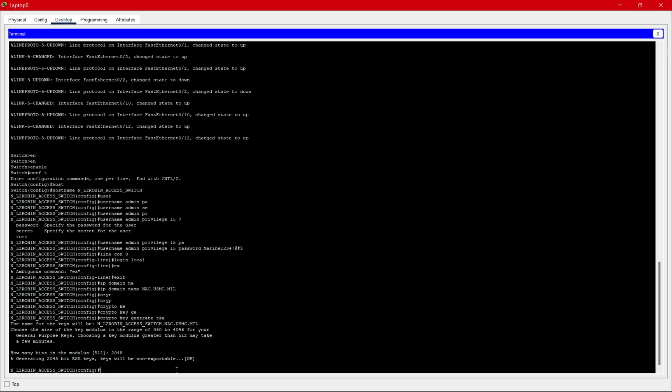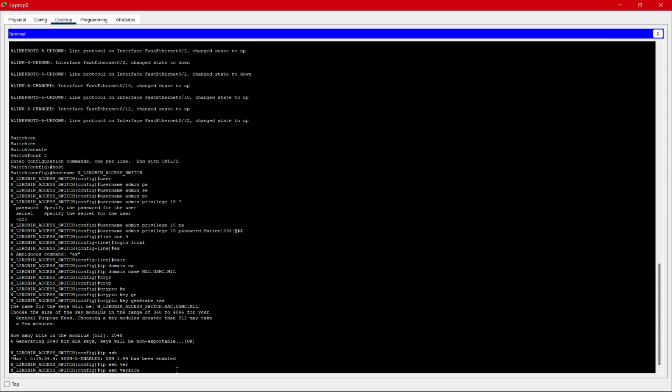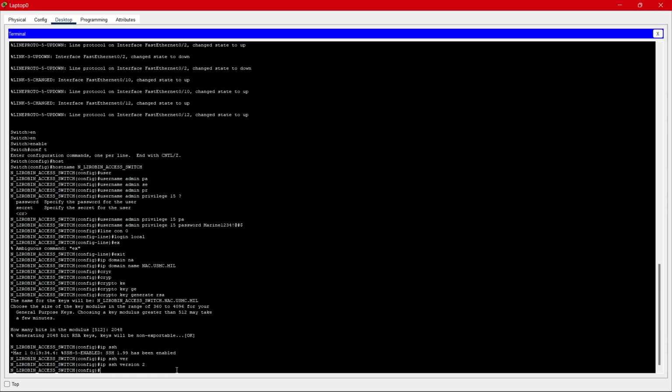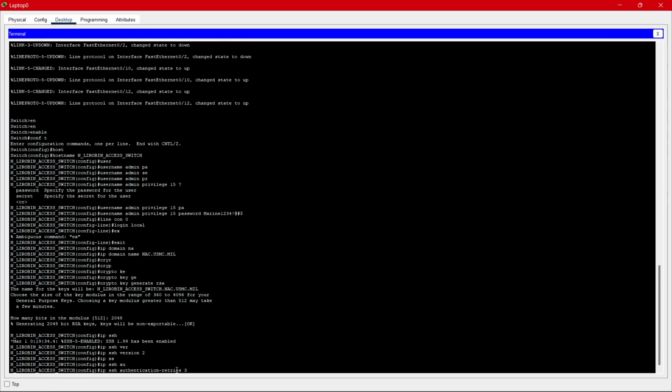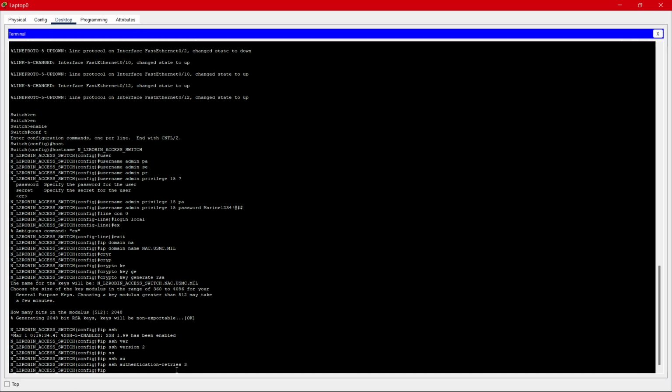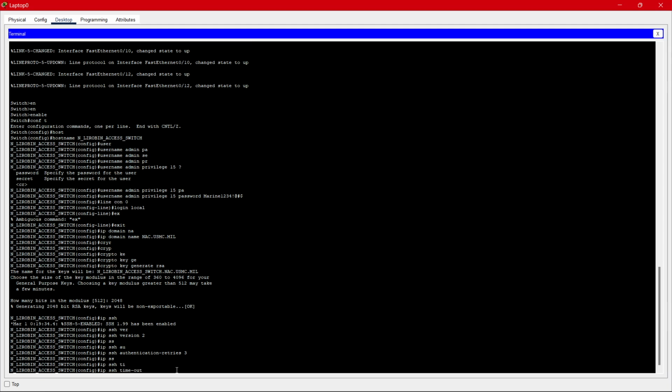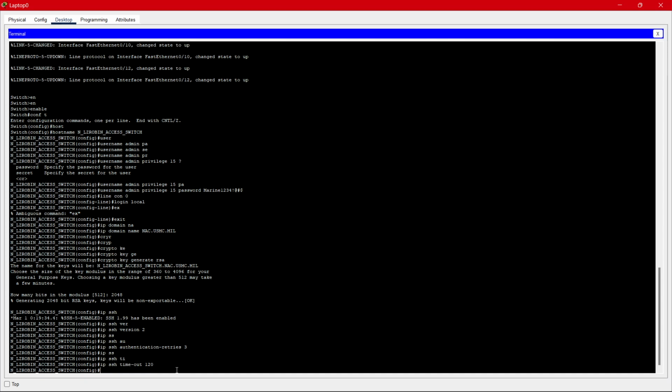Now doing that, we're also going to do IP SSH version 2. As you can see, SSH has been enabled, but it's version 1.99. So we're going to do version 2, update that. We're going to do IP SSH authentication retries 3, making it so that you could try 3 times before you are locked out of SSH. IP SSH timeout, which means if you are inactive for 120 seconds, aka 2 minutes, you'll be timed out. Now that we have SSH enabled